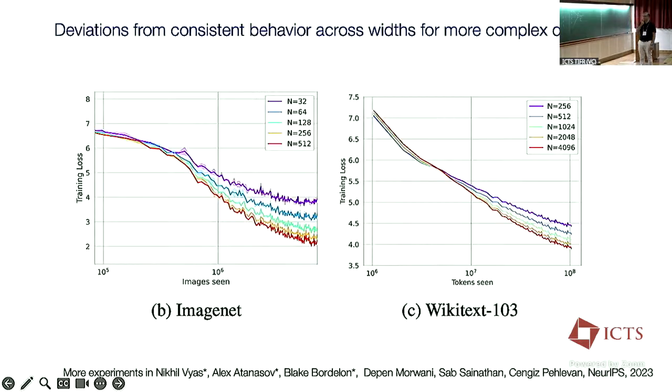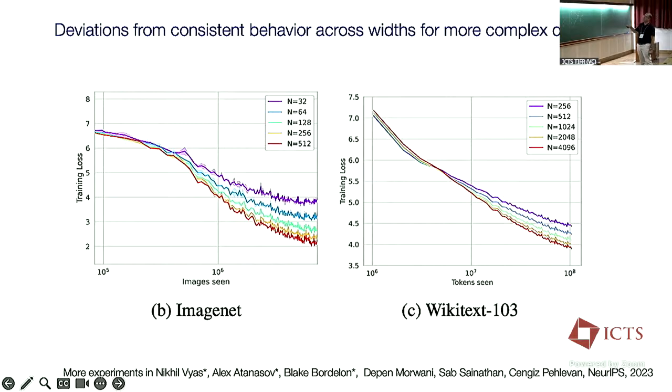So let's go back to these experiments that I showed yesterday. Yesterday I also showed experiments where there was a lot of consistency in behavior. When I was scaling up neural networks, everything looked the same. But those were done with networks on simple data sets, meaning CIFAR-10 kind of thing. If I have more complex data sets like ImageNet and WikiText, what I start seeing is some curves like this.